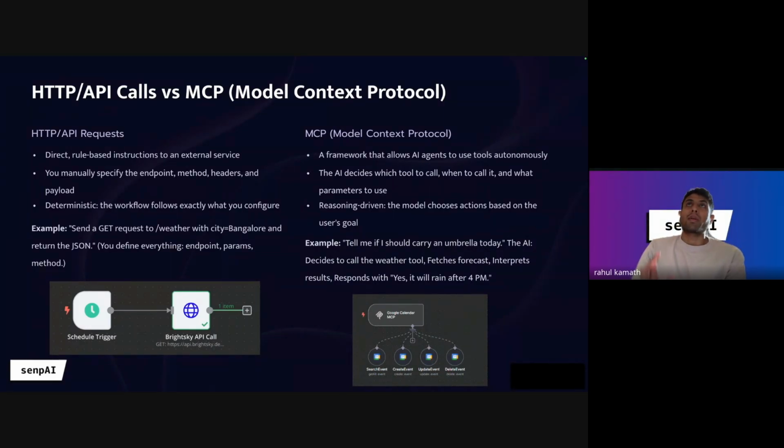Most of us are aware of APIs, but if not, an API is nothing but a way for a system to communicate with another system, either to get certain information from it or to share certain information with it. Let's say you are sending an email.